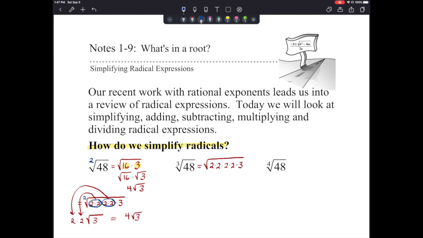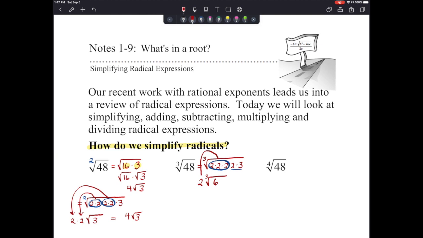Now we're looking for a perfect cube. Well, when I take that factor of 2 and I multiply it times itself 3 times, that's like 2 to the 3rd, or a perfect cube, right? So that 8, the cube root of 8, and I'm sorry, I forgot my cube root there. The cube root of 8, I'm going to take it and I'm going to pull out that 2, and what's left over is just this 2 and 3. Well, 2 times 3 is 6, so we have 2 times the cube root of 6,